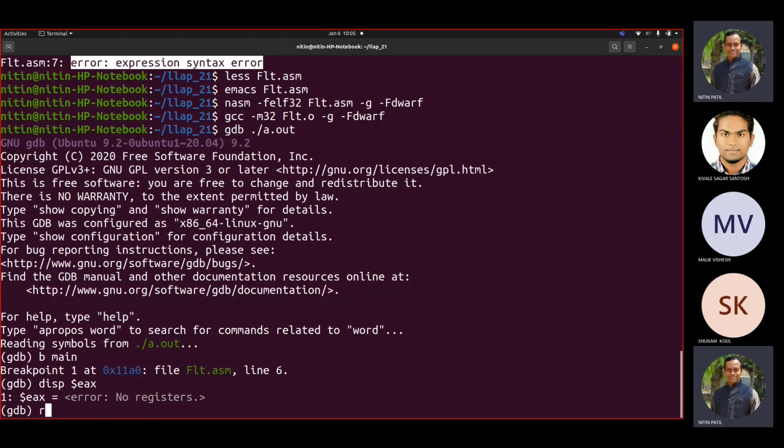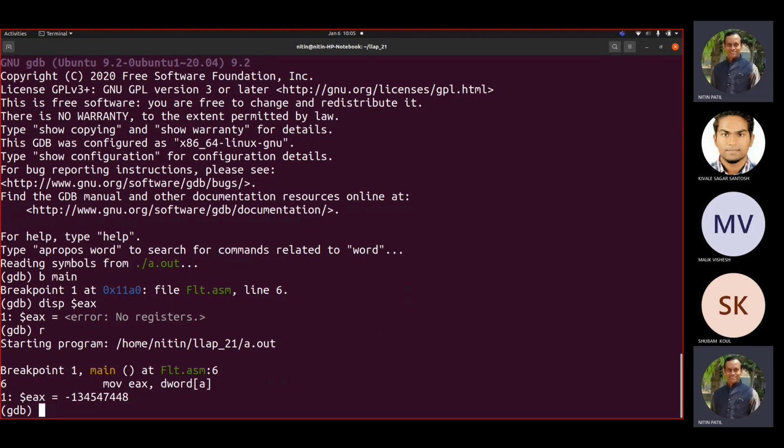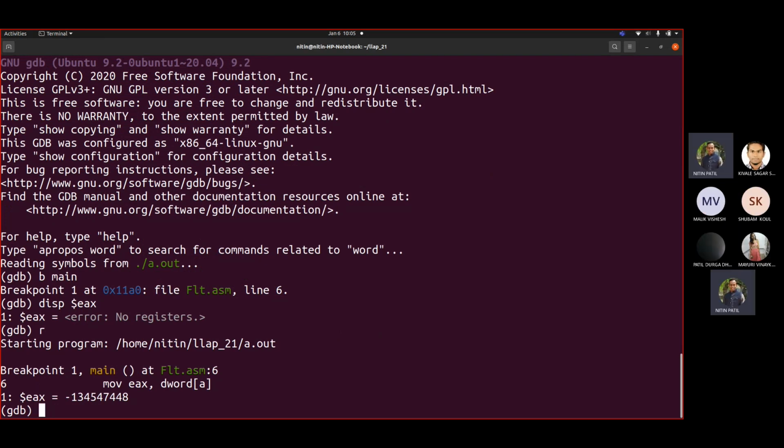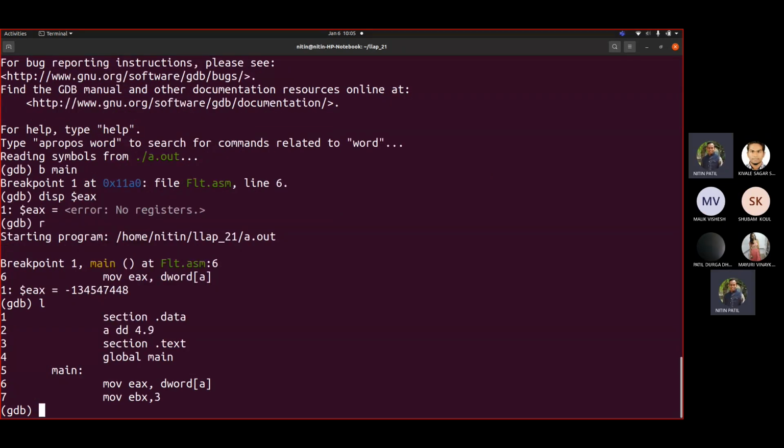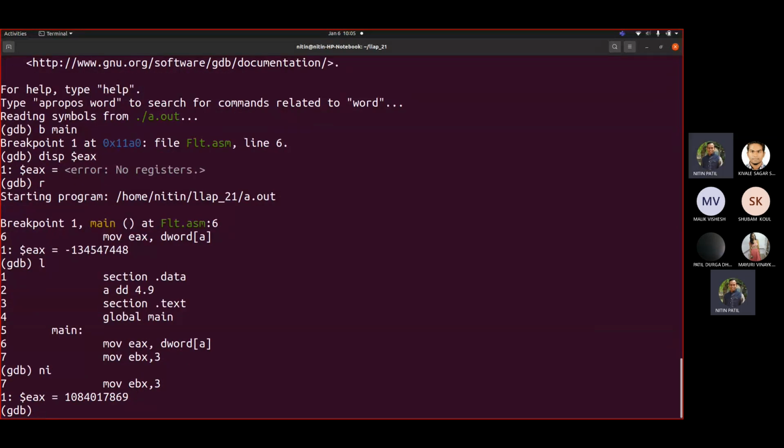Okay, run. Now you can see the statement that we had, and as per the code we had added this 4.9. Now let us see what it shows there with eax. It is showing us eax equal to some value, which probably is not what we expected.